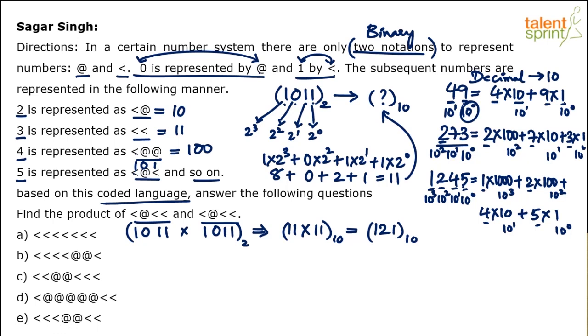Similarly, if the base is 3, you'll have to multiply with 3 power 0, 3 power 1, 3 power 2, 3 power 3. If the base is 4, the base of the system is 4, that means the system where we are using 4 different types of symbols. There you multiply with 4 power 0, 4 power 1, 4 power 2, 4 power 3 and so